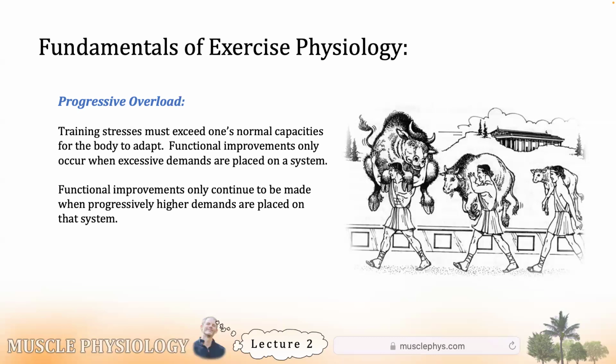So for her to keep adapting, she'll have to make it progressively harder: add another acre, make it even hillier, start pushing the mower in a full sprint. That is progressive overload. As we adapt to the current exercise conditions, we have to continue to increase the challenge, or even just some small part of the challenge, if you want to continue to make progress.